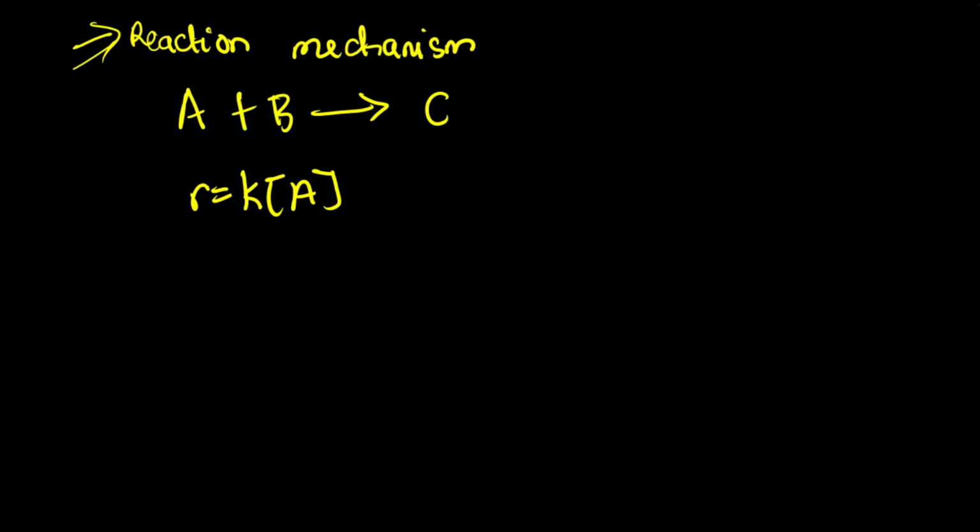Then we have the overall reaction. The overall reaction looks something like this. It just gives us reactant and product. It doesn't let us in on whether or not there was an intermediate that didn't appear at the end of the result. Okay, now generally in the reaction mechanism we have some steps that are slow and we have some